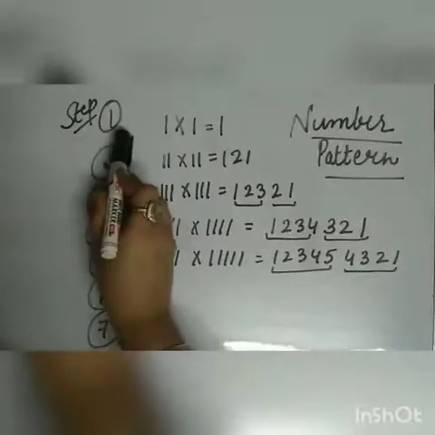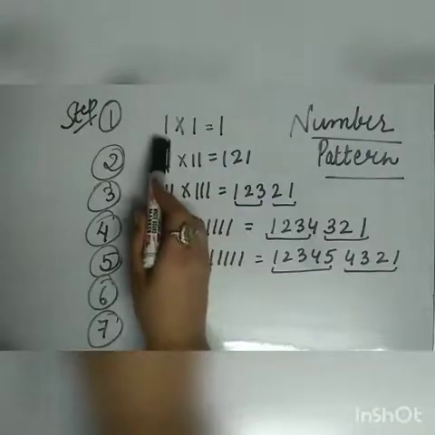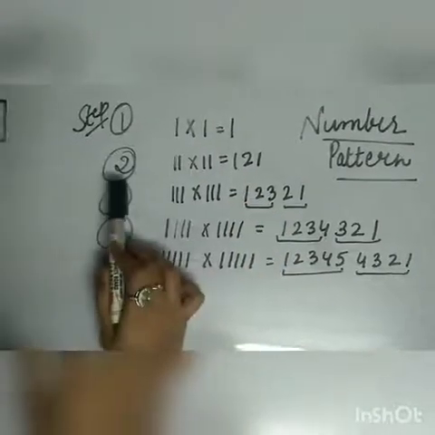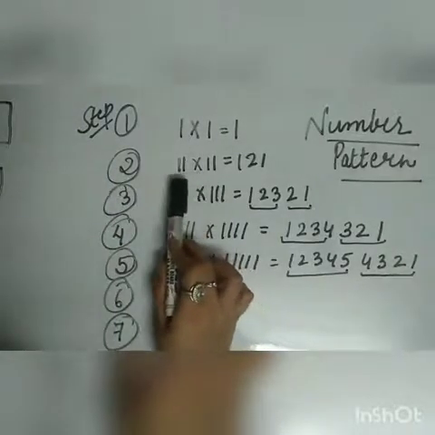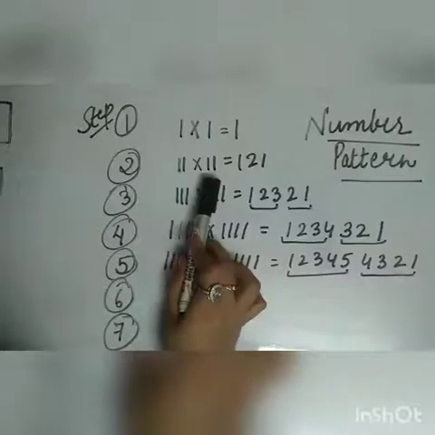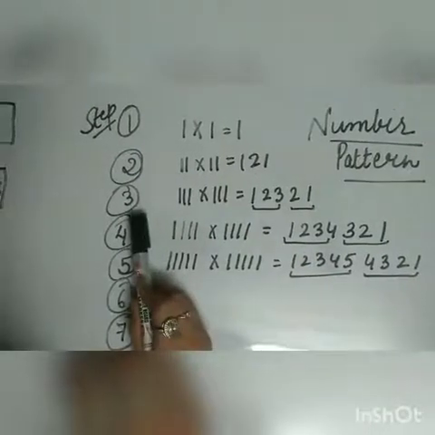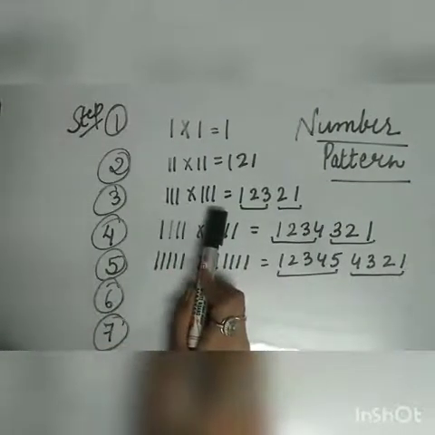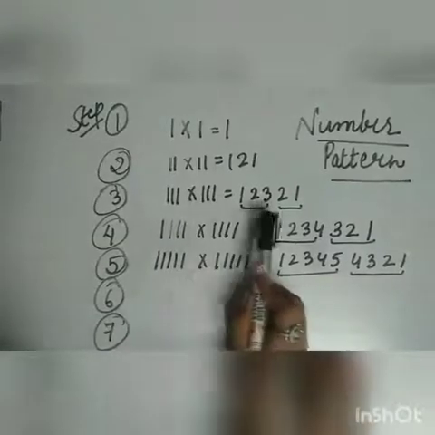At step number 1, 1 is written one time, and if we multiply 1 with 1, we will get 1. At step number 2, 1 is written 2 times, and if we multiply 11 with 11, we will get 121. At step number 3, 1 is written 3 times, and if we multiply 111 with 111, we will get